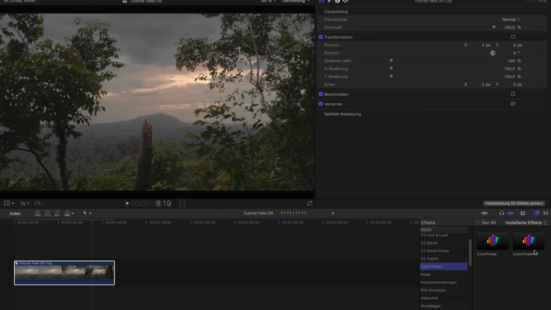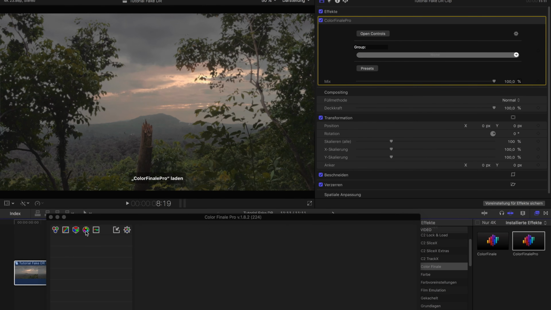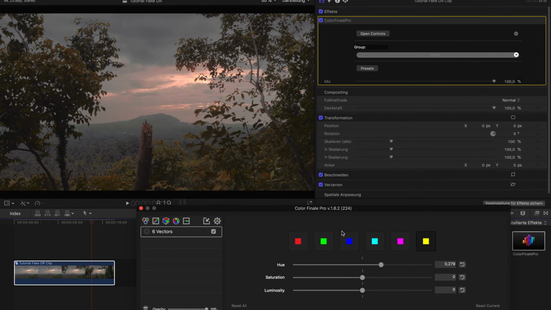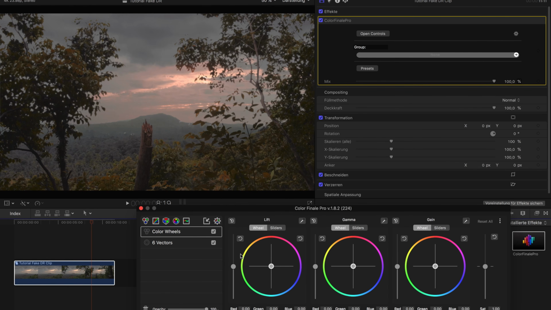For example, what I can also do is I can simply use Color Finale. It's also how I create my LUTs actually. And I can simply change my colors here. So for example, we have some greens here. So I could adjust the hue of the green, make it a bit more orange. Then I can affect the yellow areas of the image. Make it a bit more red. Yeah, that looks great. Colors a bit down, a bit less maybe. Okay, that's cool. Now I can apply my 3-way color correction here, like making the whole shot a little bit